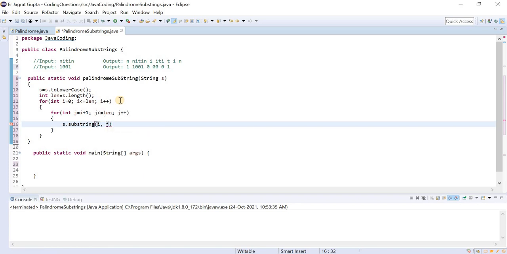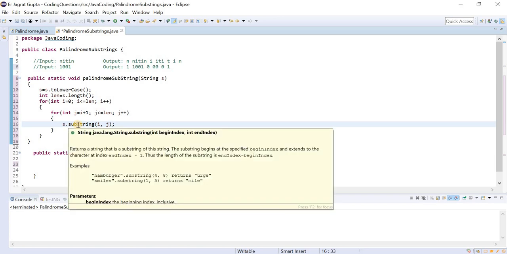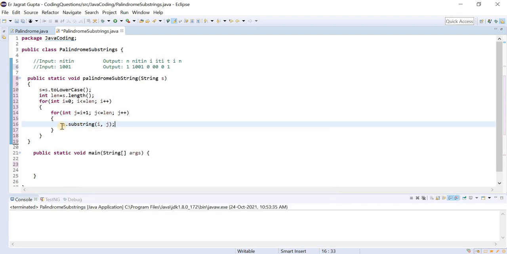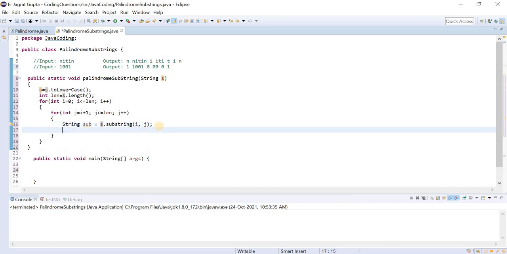This is the thing. Okay, so with the help of this method, we can find out the substring for any string. So this is a new concept that you need to remember, how can we find the substring for any string. Of course this will be stored in a string, so I stored it in a string variable, that is sub, and now I will print this.